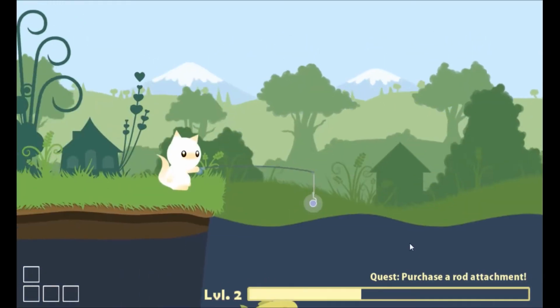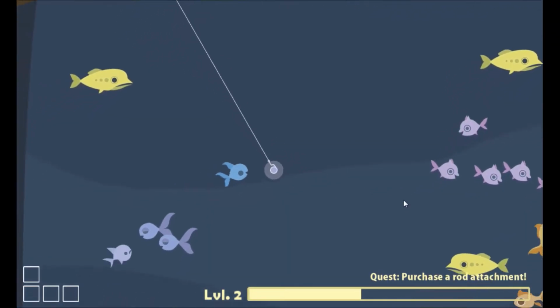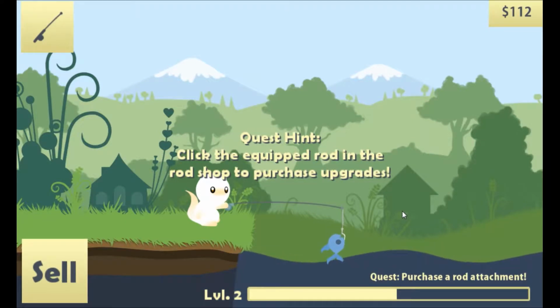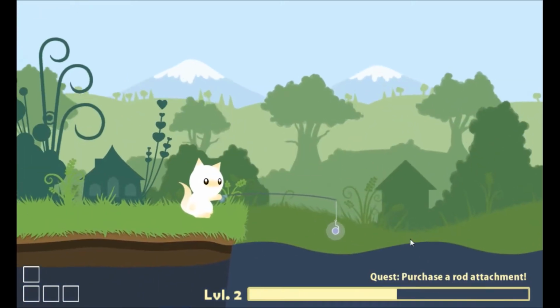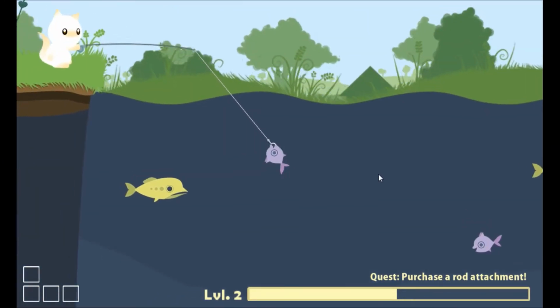And I keep hitting him. Not thrilled about that. There we go. Okay, struggling, and we got him. Good. And we will just sell that. All right. Might be worth it to go back to the regular rod for a second, just so that...